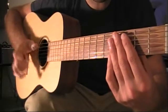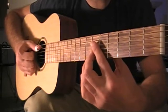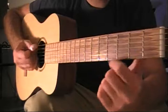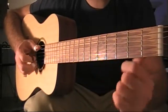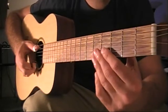Remember I talked about positioning, that thumb is always going to be positioned over the 5th string, and it's going to plop that open string on the 5th string. It's going to plop it. That's going to be your first note. So you're going to play the first note,